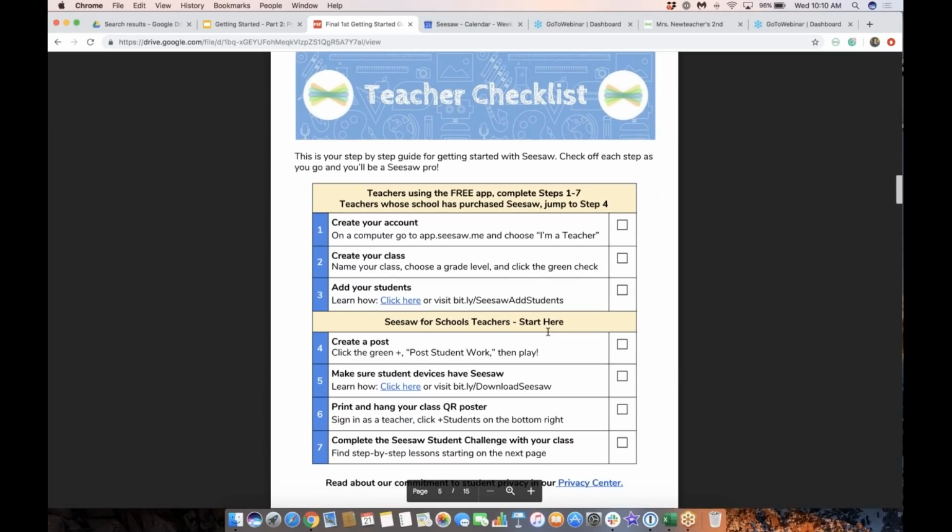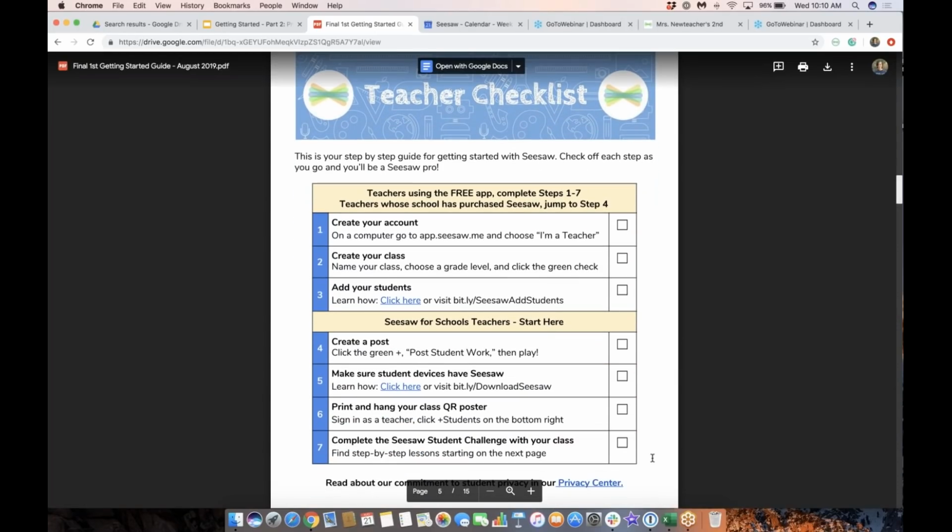And then teacher checklist. This is really handy for those of you that are brand new. You want to make sure you kind of have these main components set up. So you've created your account, your class, you've added students. Now we're down to step 4, which is creating a post. And guess what? You've probably already done this if you've come to getting started with Seesaw already. You want to make sure you have your student devices ready, meaning they have the Seesaw app on them. If you are using anything other than a computer, hang up that QR code poster,